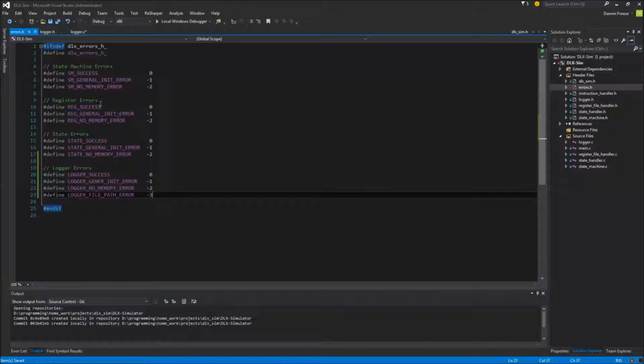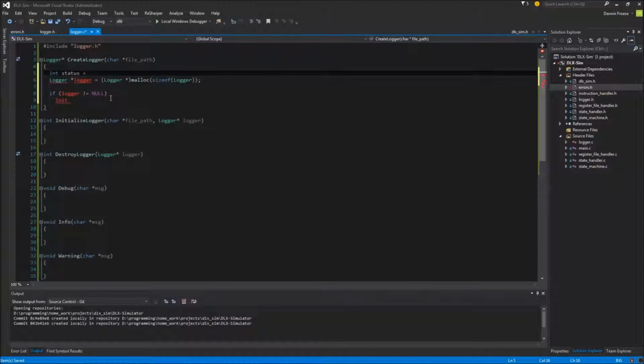So that's going to be for if we can't find where they want to store the file to. So int status equals logger success,